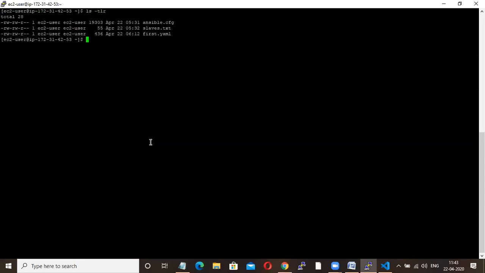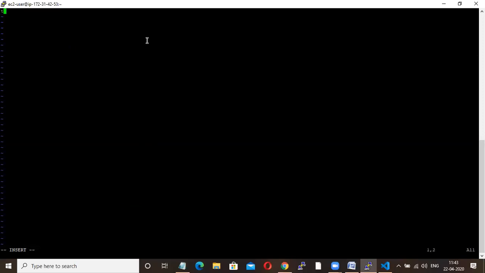I think you need to give only the path, right? No, I'm just telling it to move that file with the same file name. Ah, okay. So I don't have the index.html file here. That's why you are getting the error. So I'm going to create one index.html, vi index.html. This is my sample Ansible playbook.